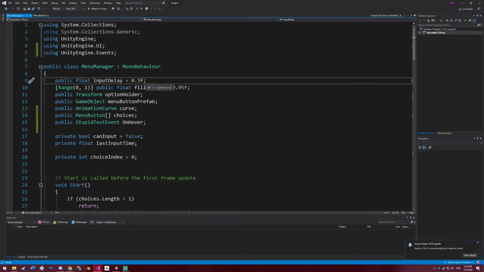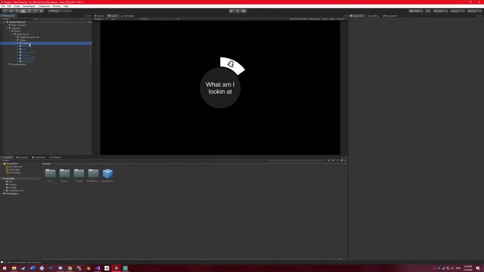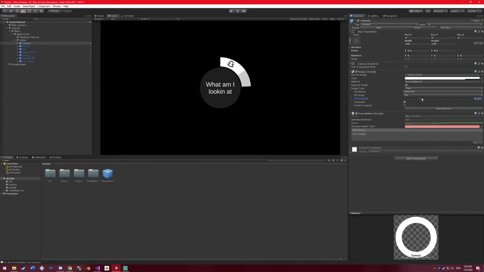I've found through testing that 0.3 is a generally good value. You could adjust that based on your game. Now this fill amount is sort of named in parallel to what it will be doing. The fill amount of the hollow circle, if we go back to Unity here and click on this, if we play around with this, you'll see that's what controls the size of the buttons, but we will be setting that